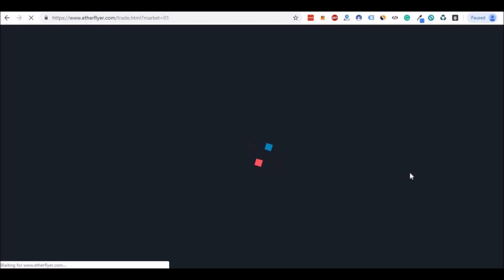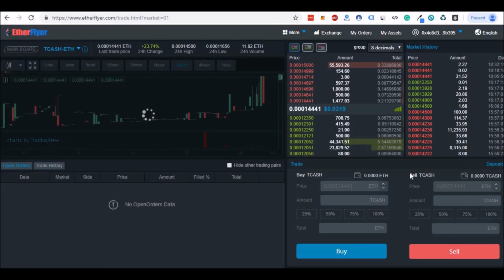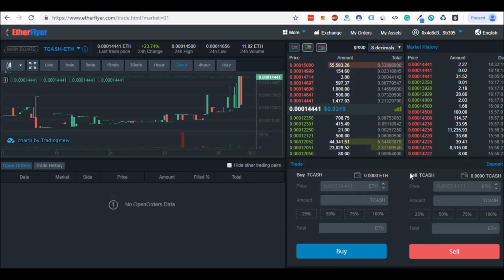Now it is importing your MetaMask wallet. There is no fees involved till this process. Okay, now as you know, my wallet is connected, so I will go on my asset.